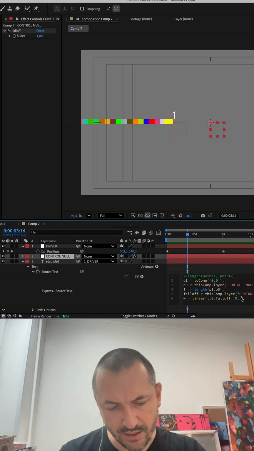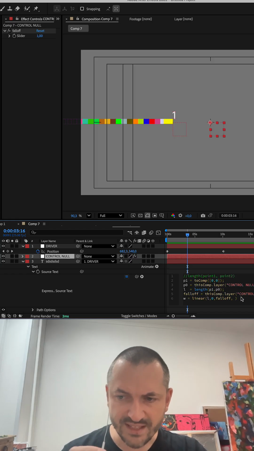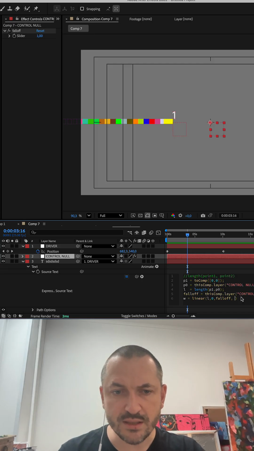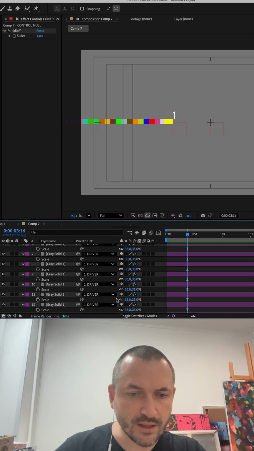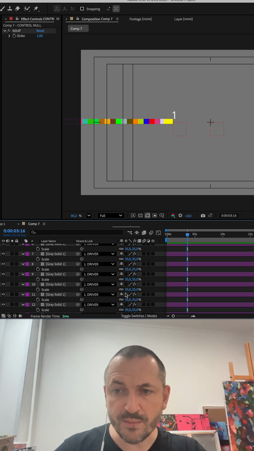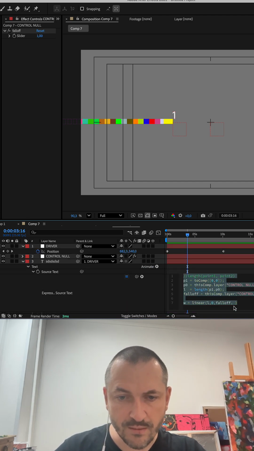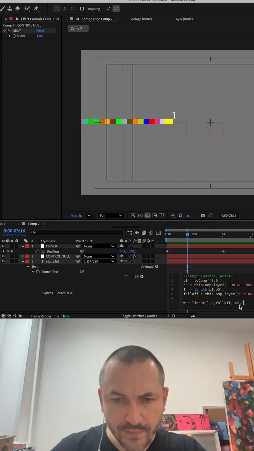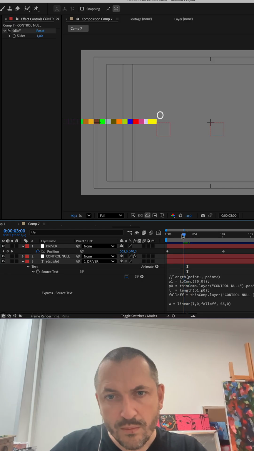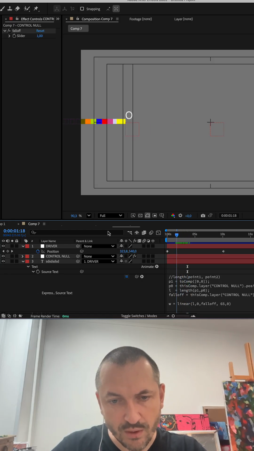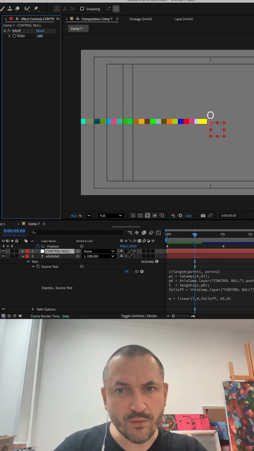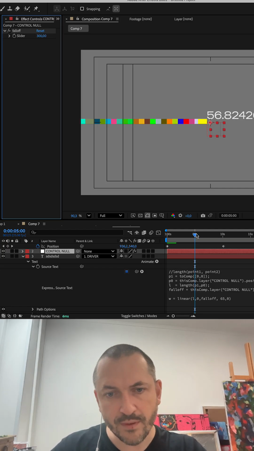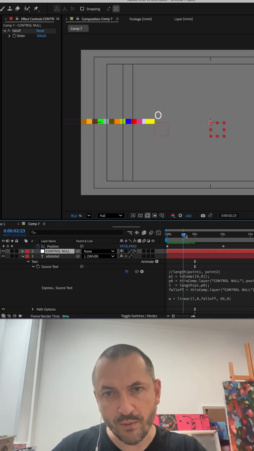No, wait a second. Now here we'll have big scale. So if we're close to null, scale will be 100%. We have here 35. 100 minus 35 is 65. And if we're far from null, it will be 0. So, does it work? No, it doesn't work. We have a very small falloff here. So falloff will be bigger, about 300 pixels.